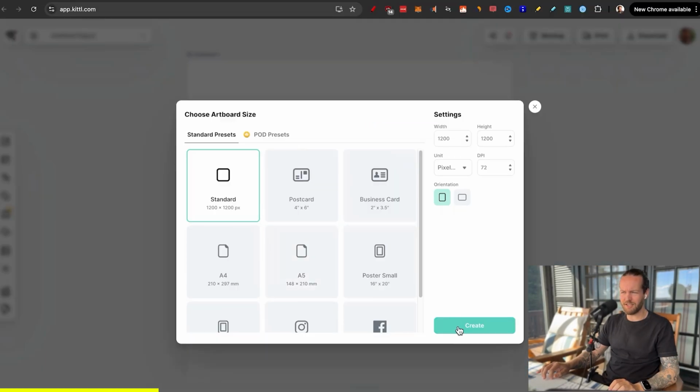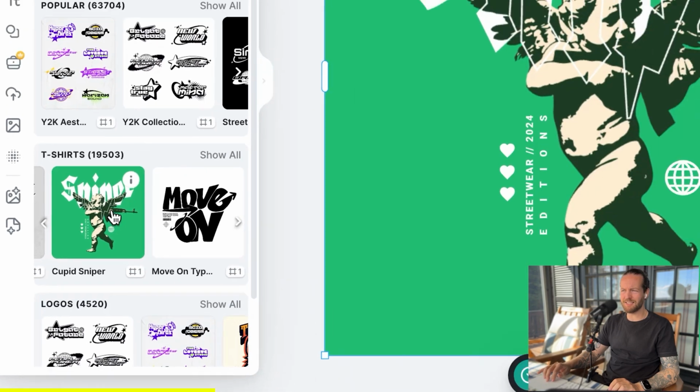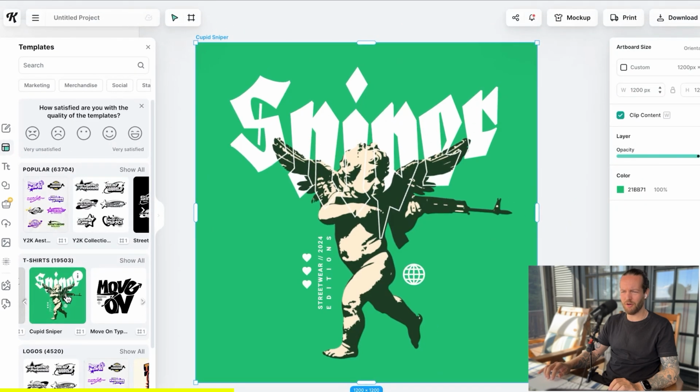Step number 2, just click on New Project, select the size, we'll do standard, and in the bottom, you can see all these cool t-shirt designs. As you can see, this is literally almost the exact same design that we found on Etsy. They got some really cool designs in here, but to make it